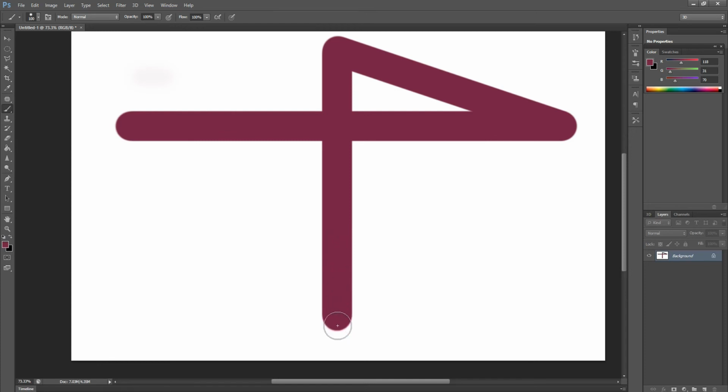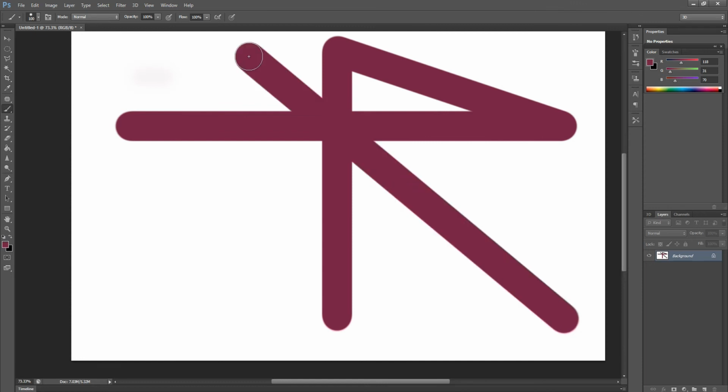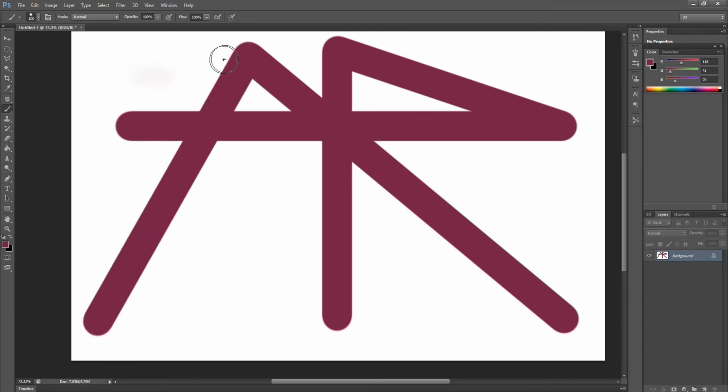And when we click here, and again click there while pressing the shift key, it also creates a straight line. When we click in one place and then click in a second place, it also creates a straight line. That means it can make an angle, so we can make an angle.